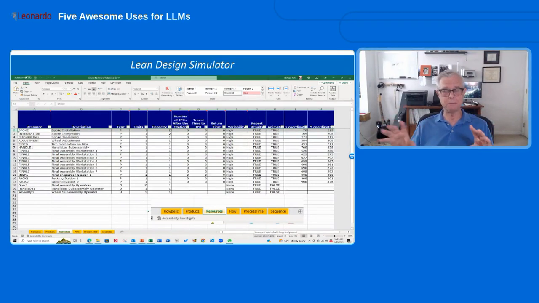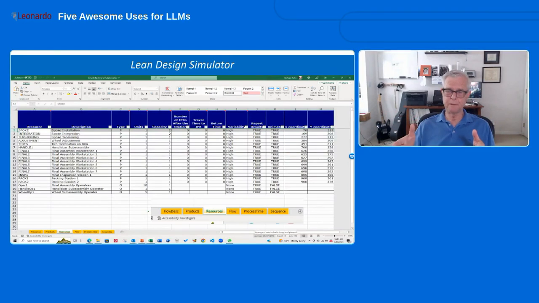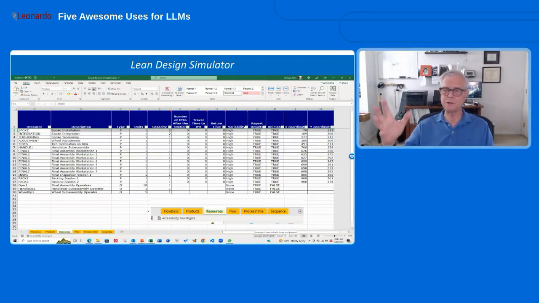So building a simulation model is a great way, highly recommended, to test your design, your workflow. You want to test it in a variety of scenarios with changes to mix and volume to make sure that it's going to perform even when things change, which they will, right? You don't want a really great design that chokes and dies as soon as some of the product mix changes.